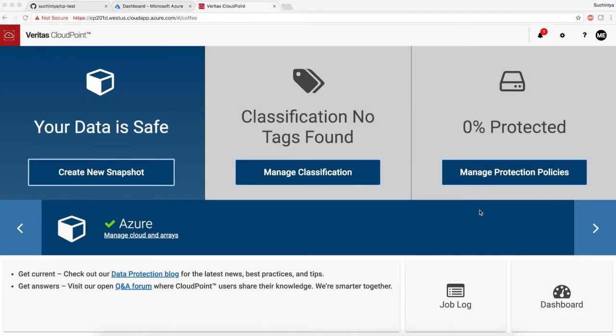Hi everybody. In this video we will look at how we can discover our cloud assets deployed in Azure, how we can protect them via protection policies, and how we can access role-based access control for different users using RBAC in CloudPoint. To start with, when the user logs in, they get to see a summary screen, which we